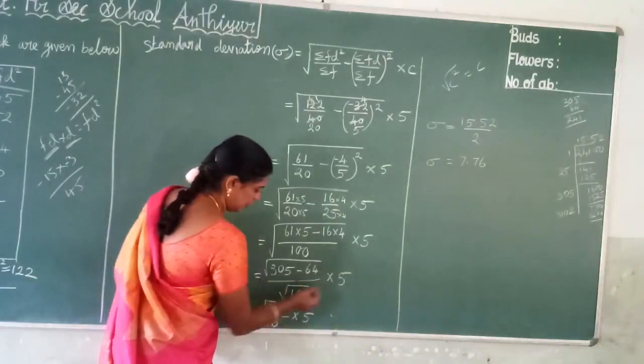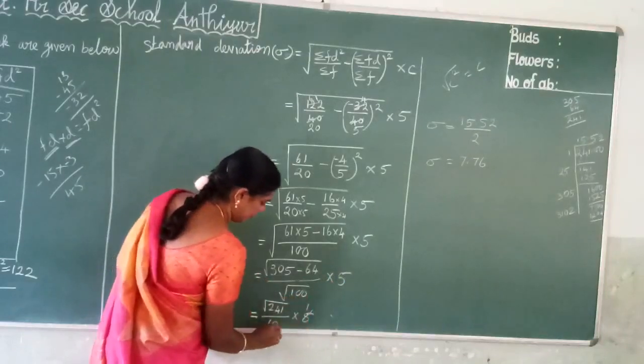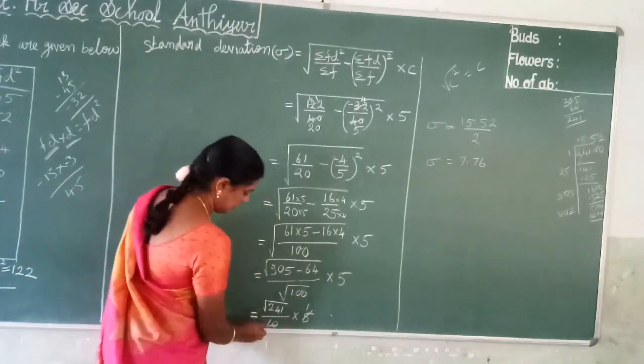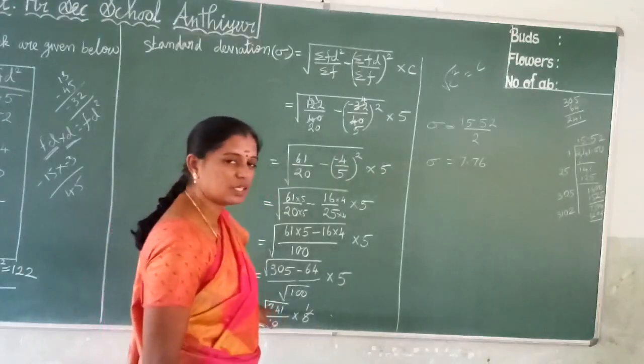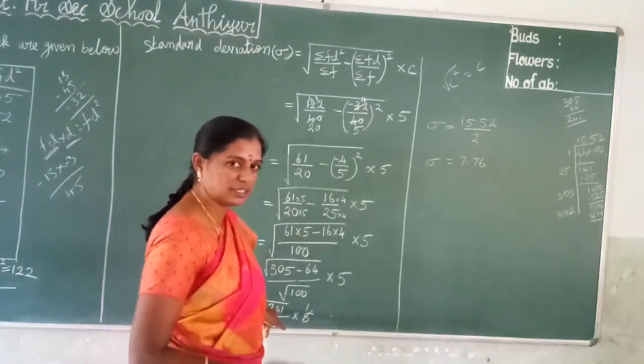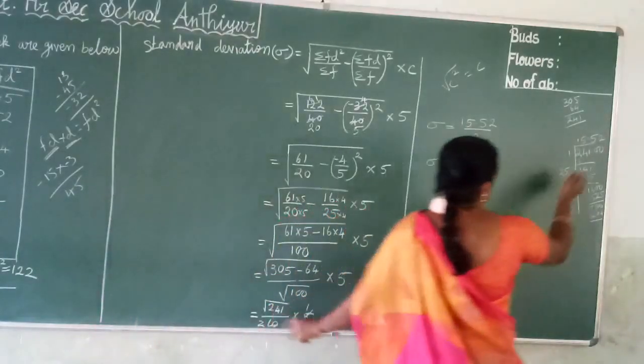These two, this one is the numerator and this is the denominator. So simplify: 1 by 5 is 5, 2 by 5 is 10. Clear? So now taking the square root of 241. We already discussed this before in earlier questions. The same method: segregate the numbers and do it.